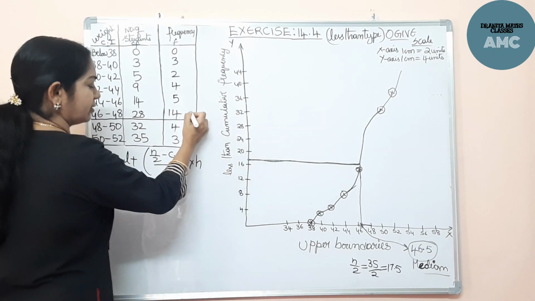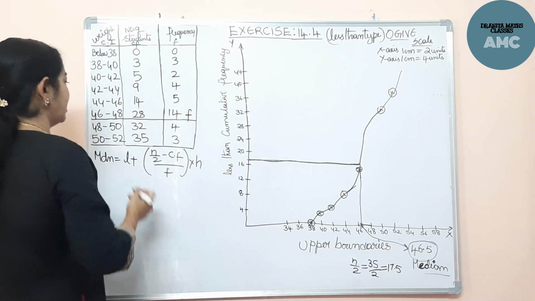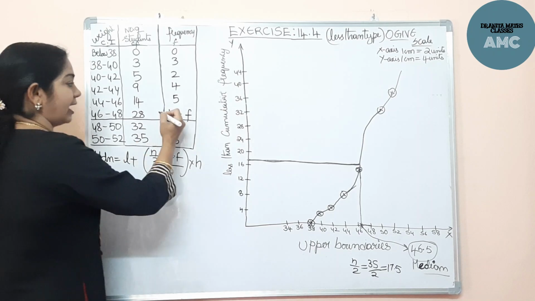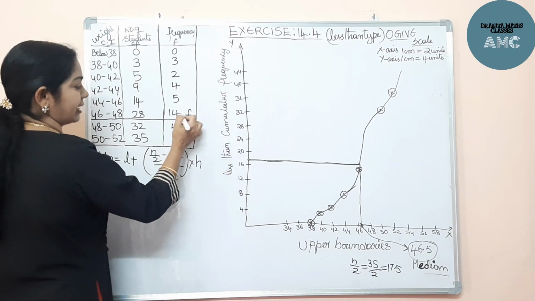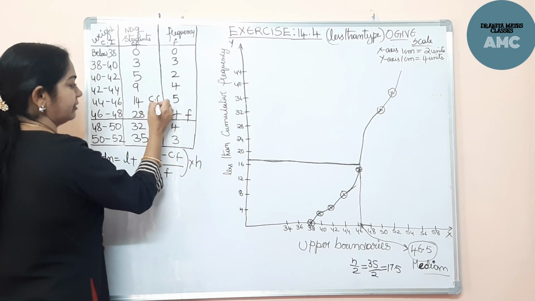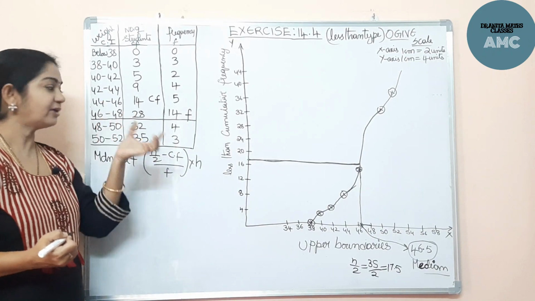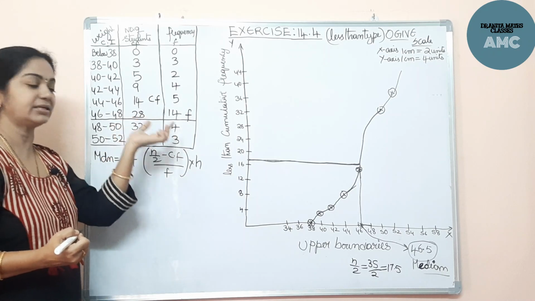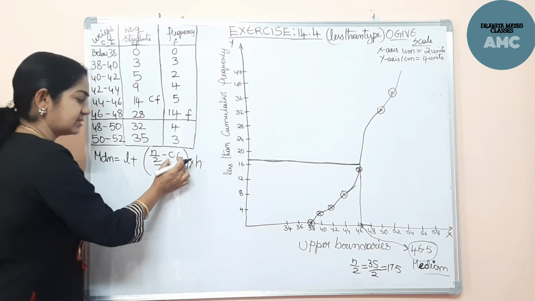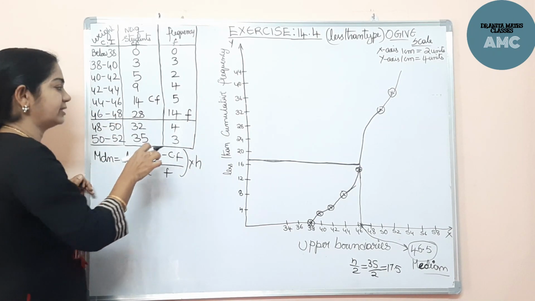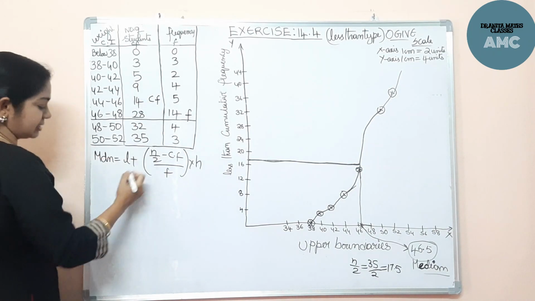We can also locate the median class by the highest frequency. 46 is our lower limit, and the Cf in the formula is the cumulative frequency preceding the median class. To locate the median class, the Cf should not exceed our n by 2, but the Cf in the formula is the preceding value of the median class. Don't get confused between the two. We will now substitute.